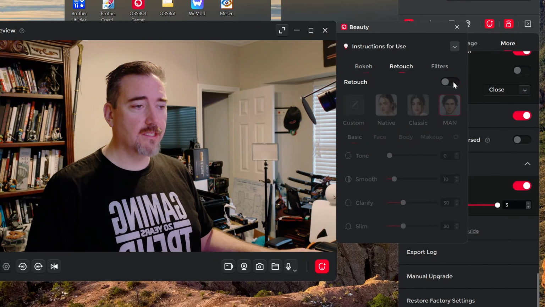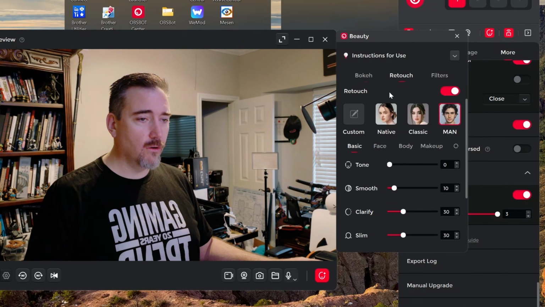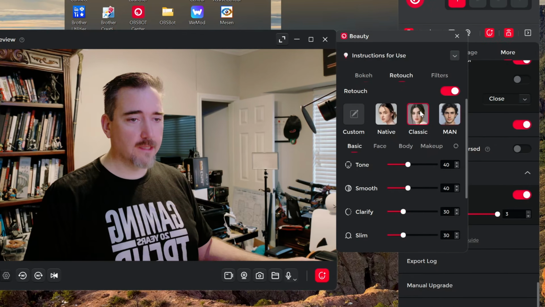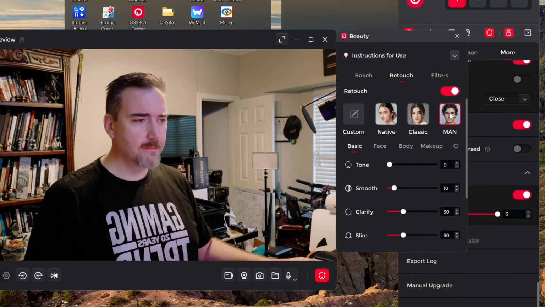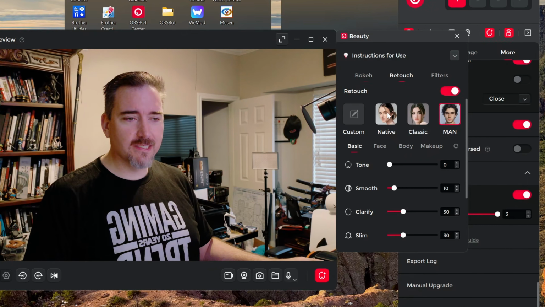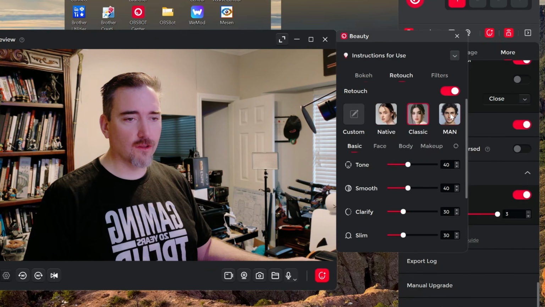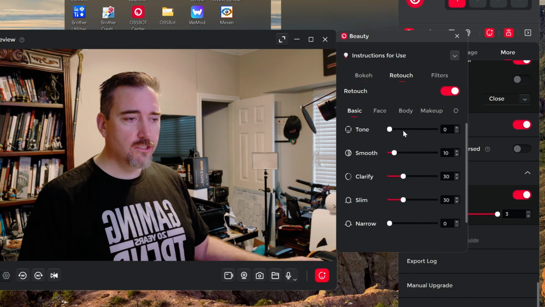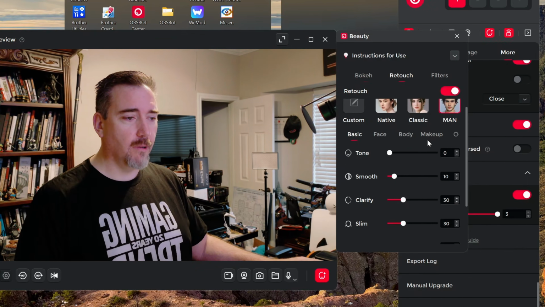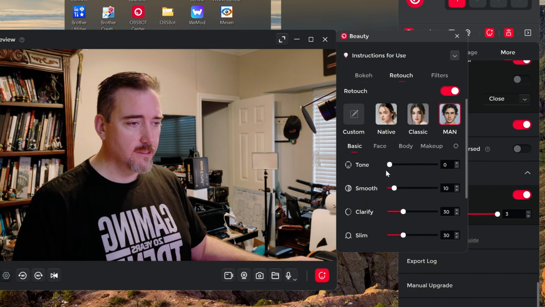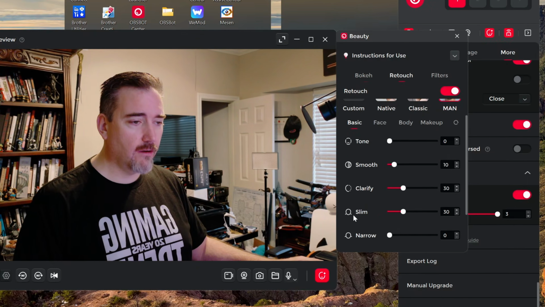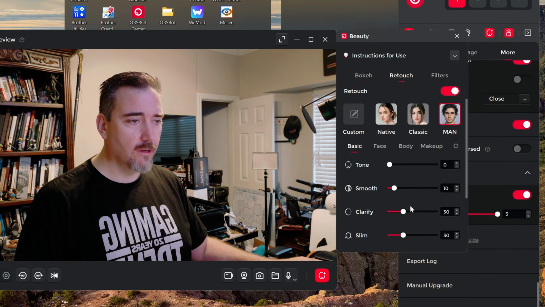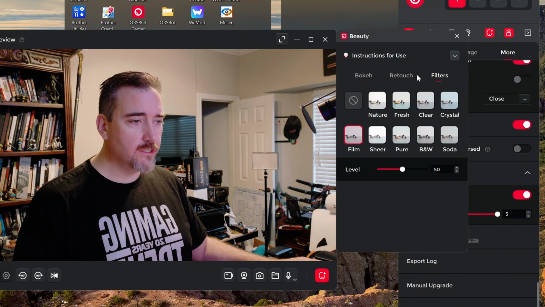Retouch. This gets really interesting. So native, classic, man. So funny names aside, it's trying to give a different look to your image, and you can see that it does kind of control shadows, and it controls kind of color depth, tone, smoothness, but there's more to it than this. Tone, smoothness, clarify, slim, and narrow. So let's go into